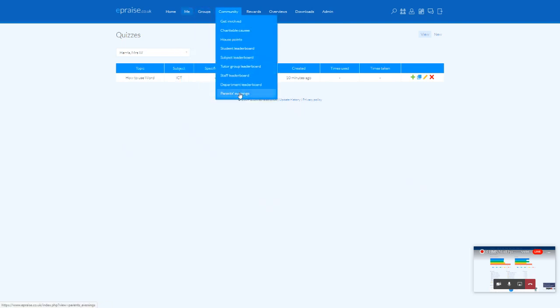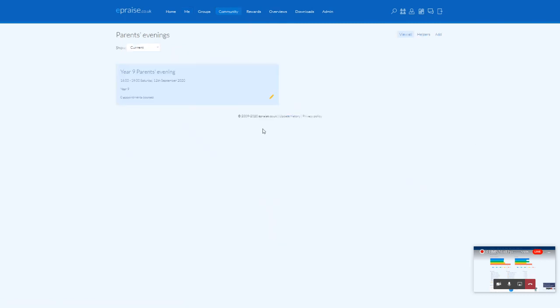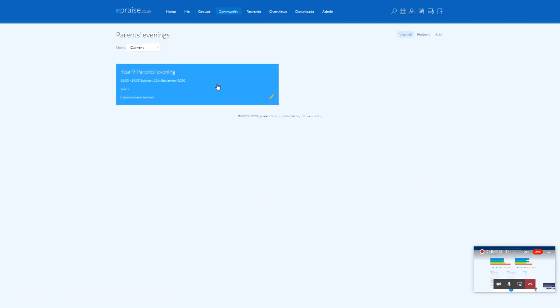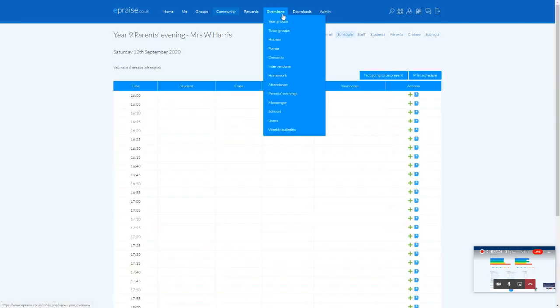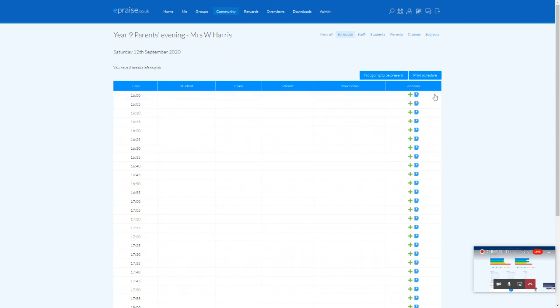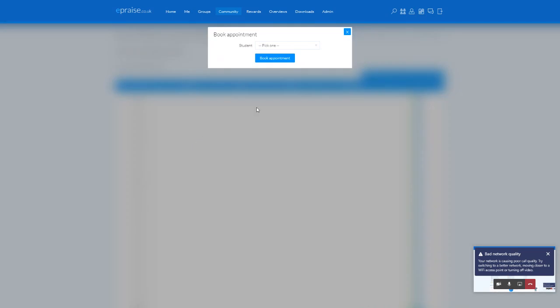So if we go community down to Parents Evening, this will be launching in due course. And when you click on Parents Evening, you see we've got a Year 9 one here. You can do all different kinds of options, but the basic option for staff is that you'd go in and either the student or the parent, or the student and the parent are able to book in their own times, or you do it on their behalf, or somebody in admin does it on behalf, and it's so much easier than paper. Click on a time slot, choose a student, choose which parent,